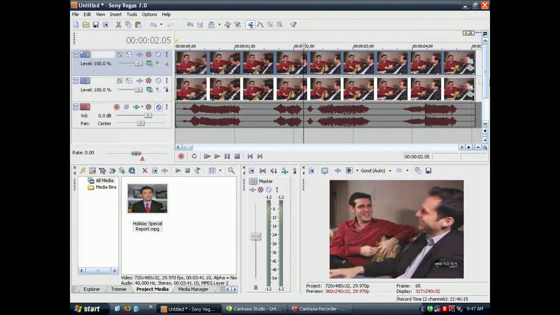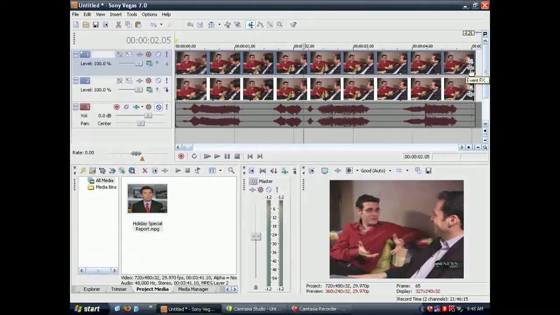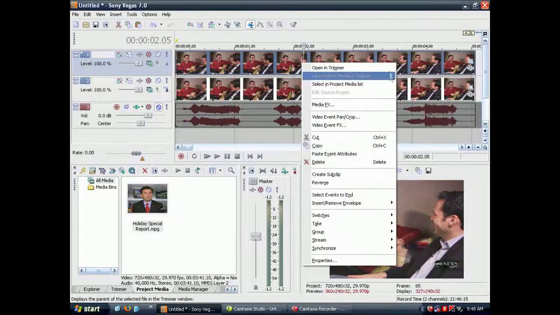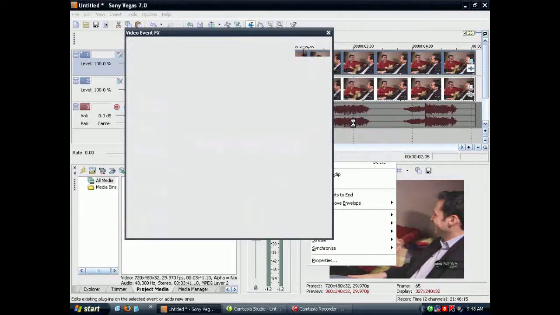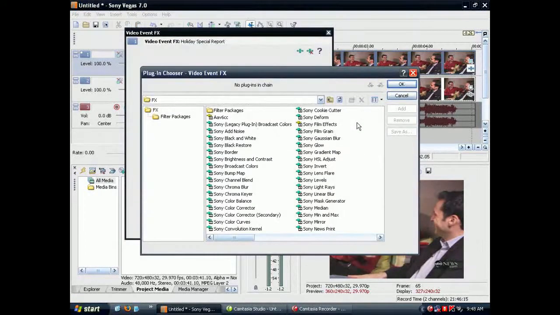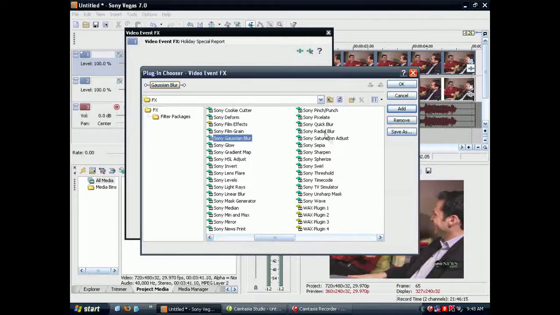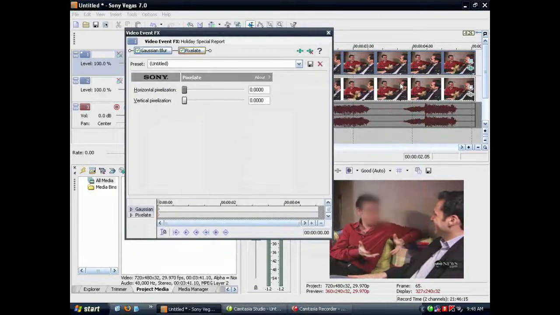You can access the effects by clicking on the event FX icon here, or also right clicking and going to video event effects. We're going to use a combination of two filters for this. First is the Gaussian blur, and then we also want to add pixelate to get those pixels for the same effect that's pretty common on television. So hit OK once you've added those two, and first let's work in the